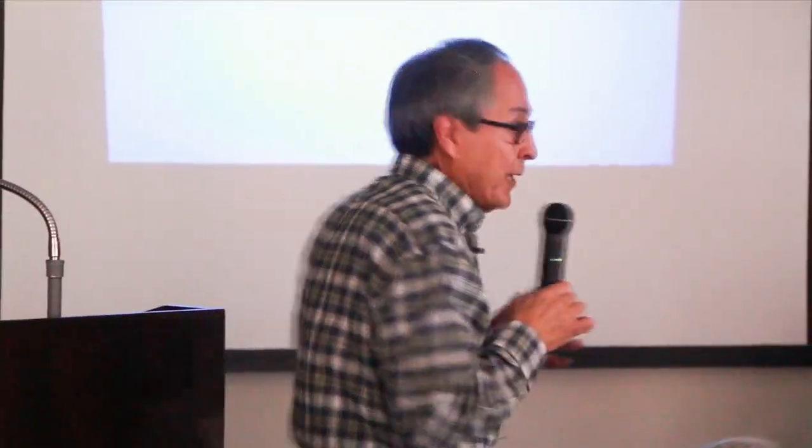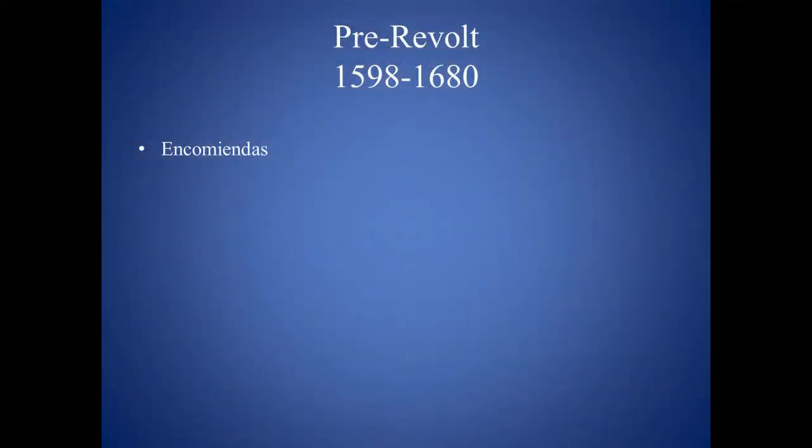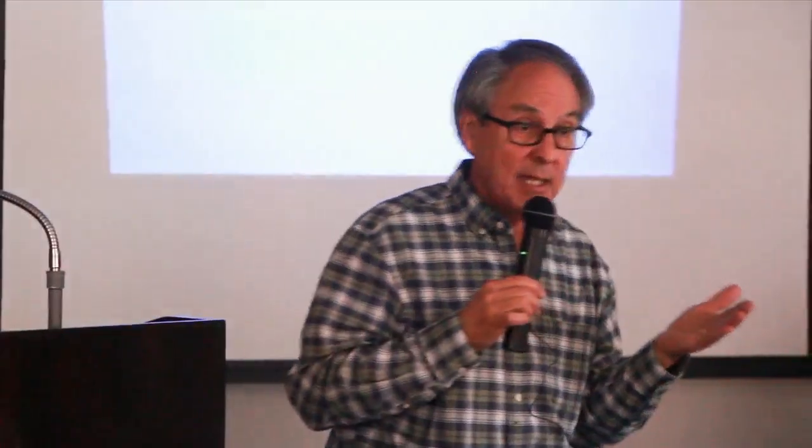Okay. The pre-revolt period. Oñate came in 1598 with his troops and conquered the people of Okeowengue, which is now the San Juan Pueblo. From 1598 to 1680, the Spanish population was pretty much concentrated in the San Juan area, the Rio Grande area. When you look at some of the literature, you're going to see the Spanish word encomiendas. An encomienda is a tribute.